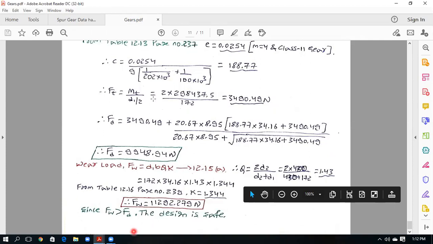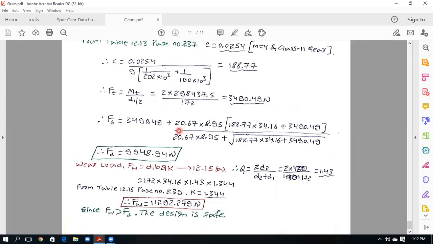This is the complete design of spur gear when the center distance is given. And before this, we solved a problem when the center distance is not given, but the number of teeth is given. If you have any doubts in this, you can ask me. We'll clarify that, because this will be asked for full 20 marks. Do you have any doubt, or have you not understood any of the steps? You can ask me. I will clarify that.